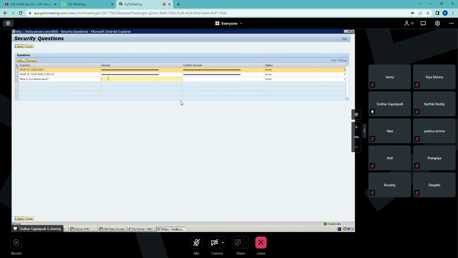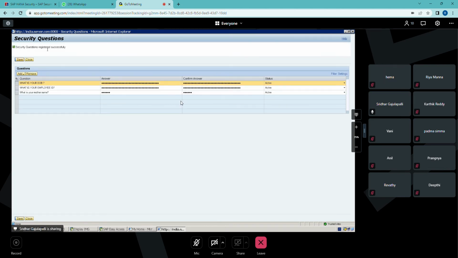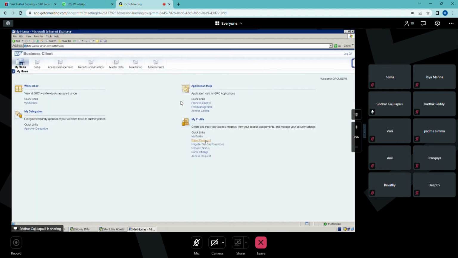You can type the question and answer. Save it. So security questions registered successfully. So now you know the question and answer, right? Now when I go to reset password,